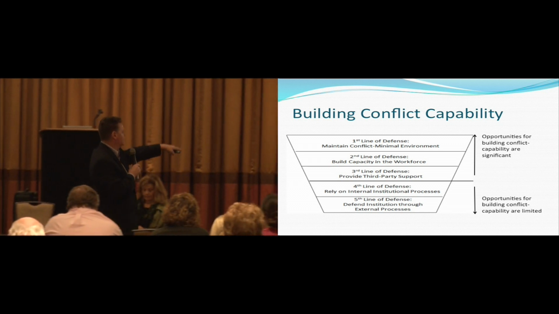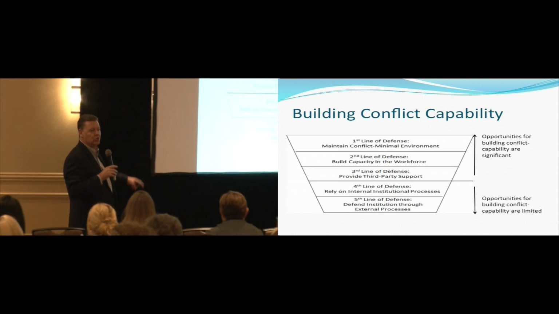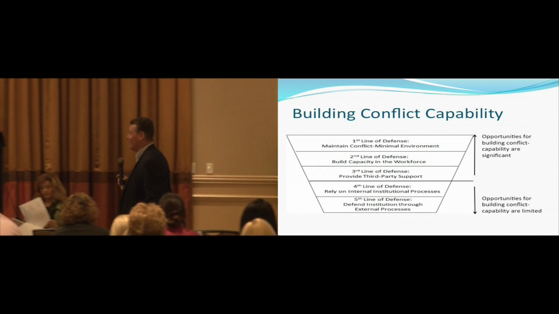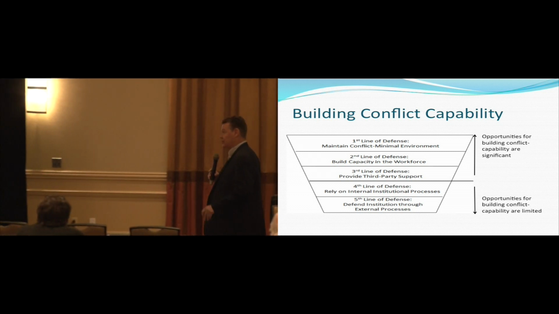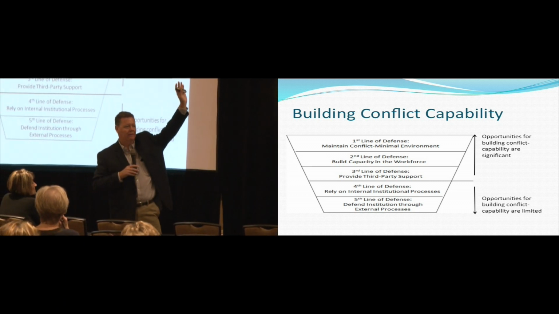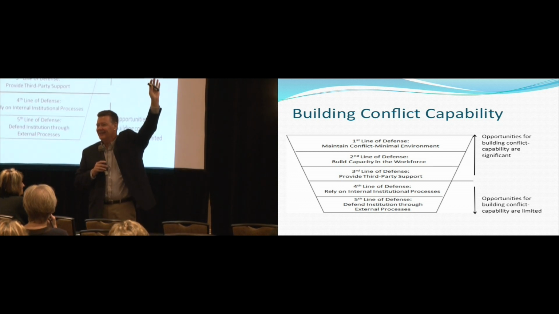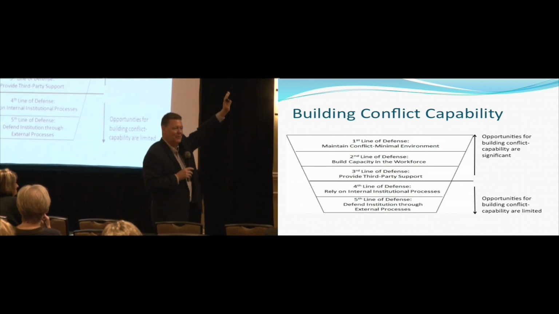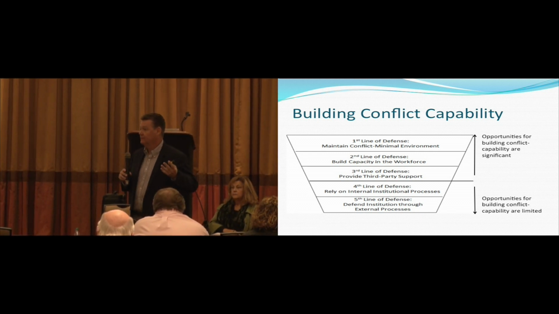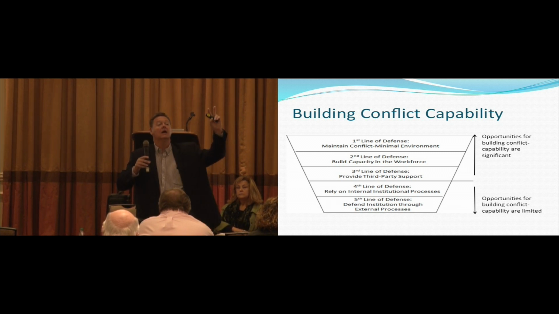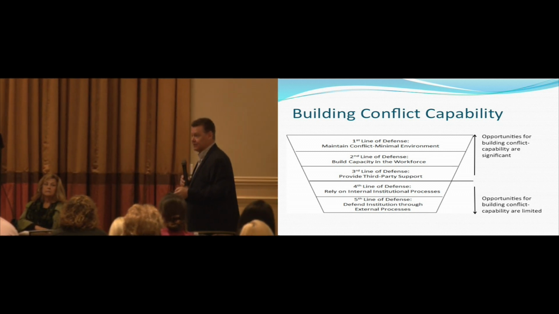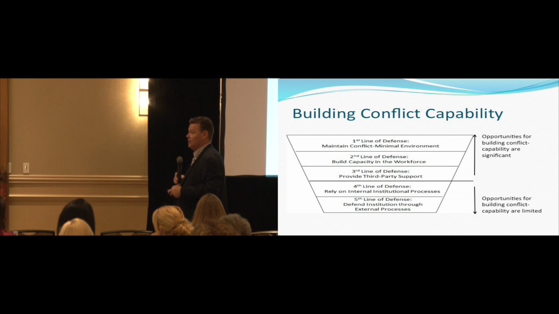Last 2 lines of defense, you rely on internal institutional processes, right? The assistant principal and the handbook. And the last one, now we're external. You filed suit. How many of you ever sued anybody? Raise your hand. 1, 2, 3, 4, 5. It's okay, I'm just asking. Just because you sued somebody doesn't mean you're a bad person. And when it gets to that point, it's over, right? It's out of your hands. Now you're in a system. My thought, our thought, is that it is best to do it at the source in the organization.